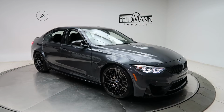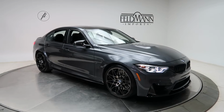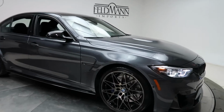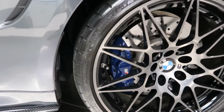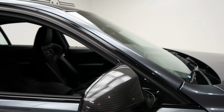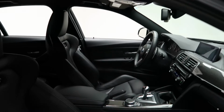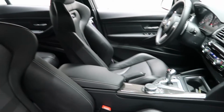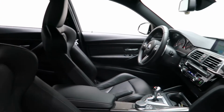For wheels, we've got 20-inch M wheels, M3 badging on the side, blue M calipers, carbon fiber mirror covers, side splitters, carbon fiber interior, black leather seats,